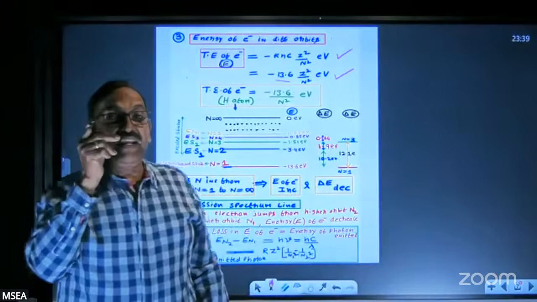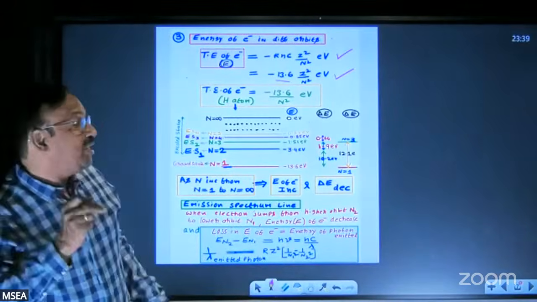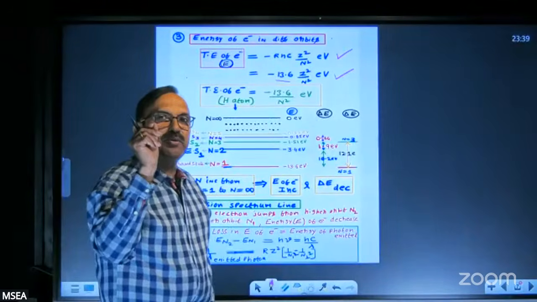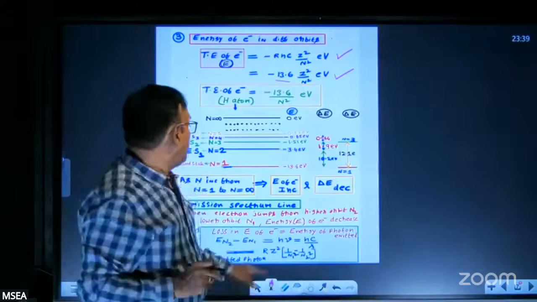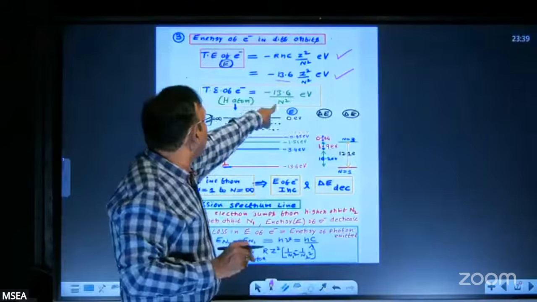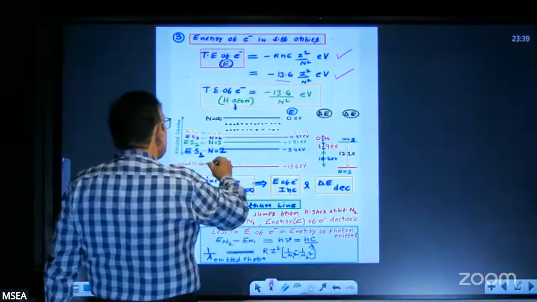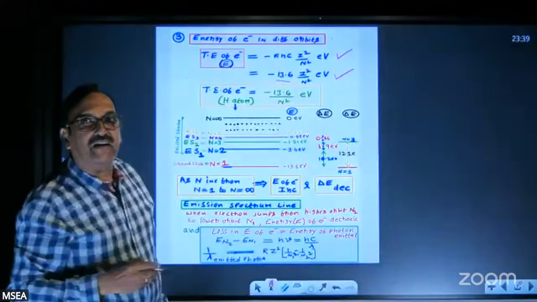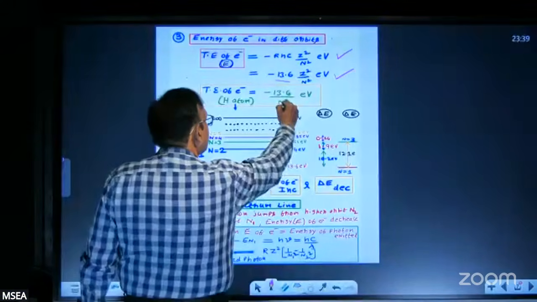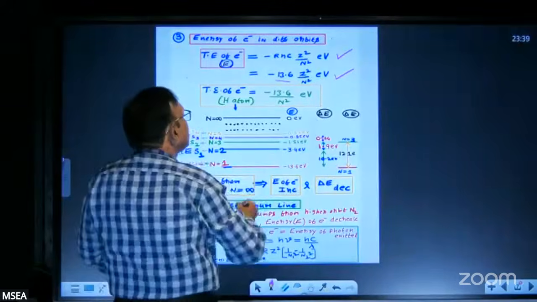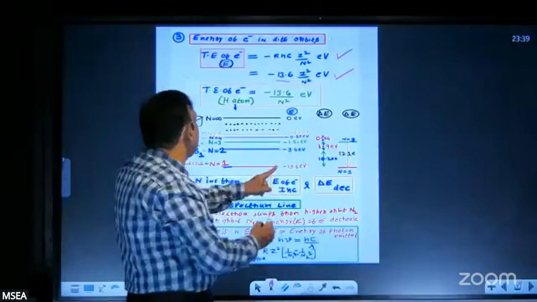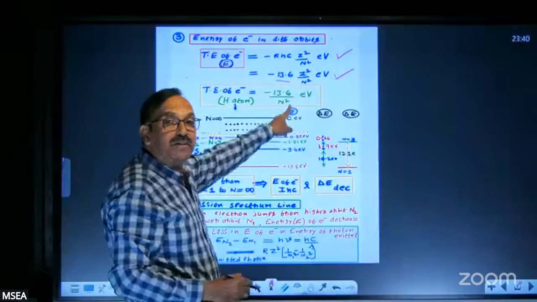Now, it is very essential for you to memorize these values a little. No other way. Two questions will tell you that particular point. Total energy of electron in the nth orbit is minus 13.6 divided by n square eV. Now, I want to know what is the energy of electron in different orbit states. In the first orbit, minus 13.6 by 1 square, minus 13.6 eV. In the second orbit, minus 13.6 by 2 square, so minus 3.4 you get. Similarly, the energies of electron in different orbits you have to be thorough with.